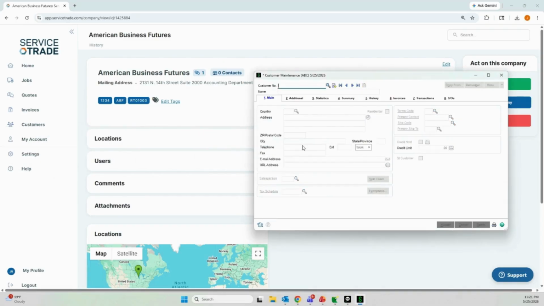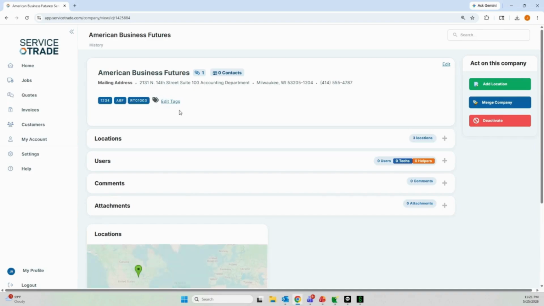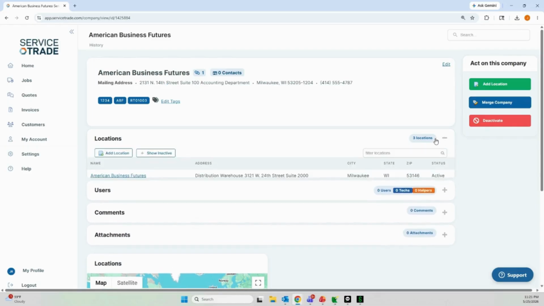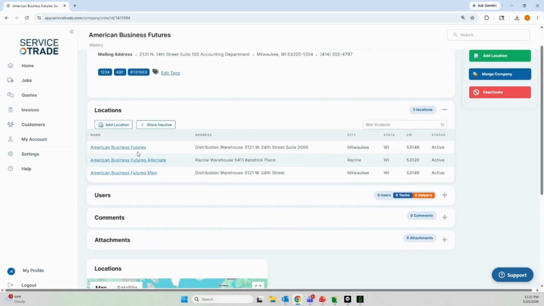Now, when you do that, a meter bar comes up and shows that it's updating ServiceTrade. And that update only takes about a second or less, right? So if I go ahead and do a refresh on this company record, you can see that it did change the suite number to 100. For locations, right,